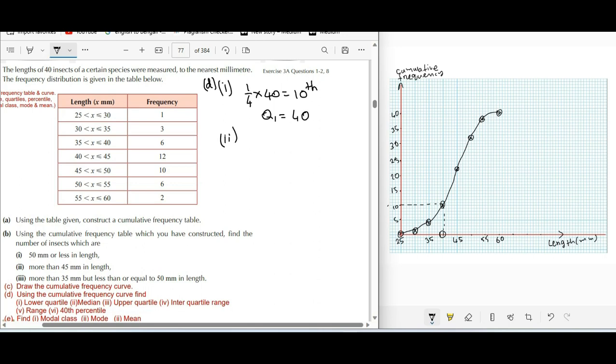and median is the value that exists in the middle. So this would be 1 by 2 into 40, 20. So median would be 44,